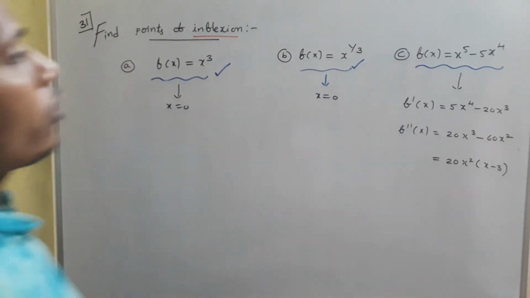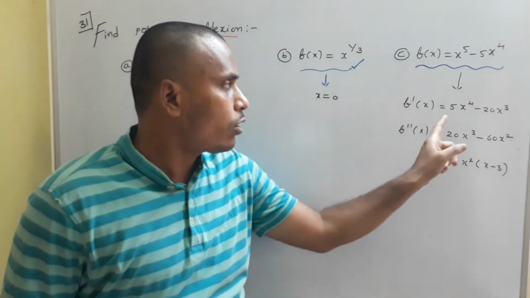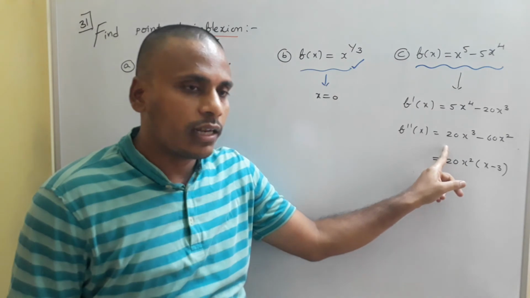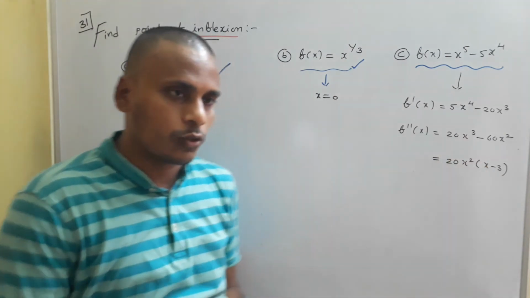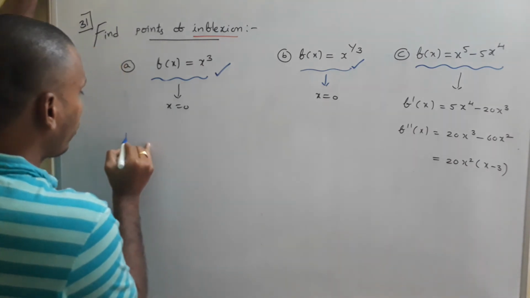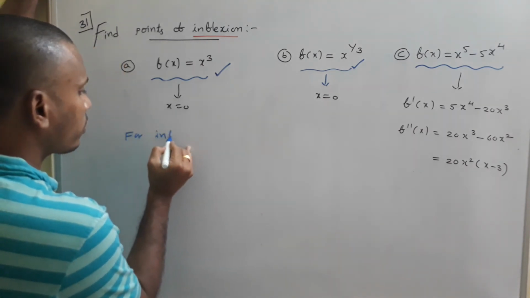See, for f of x equals x power 5 minus 5x power 4, this is the first derivative, 5x power 4 minus 20x cube. And this is the second derivative, 20x cube minus 60x square. And now I will use this space for that problem. Okay. For inflection points,